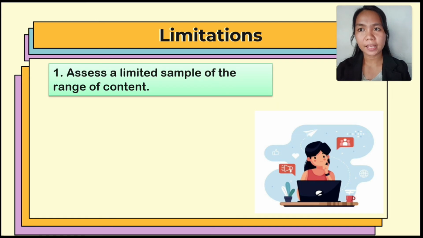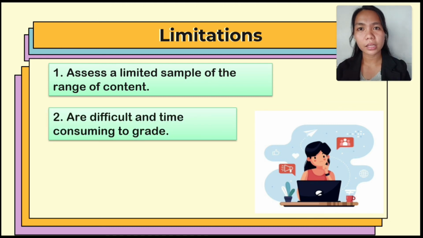So first, it assesses a limited sample of a range of content. It is because in writing the essay, you need to be specific. You should always align your answer to the question or to the content of the essay question, so that you can make a good structure of essay. And you don't need to put some flowery words inside your essay. You should always be specific, based on facts and ideas. So you should organize your ideas also. And next is the